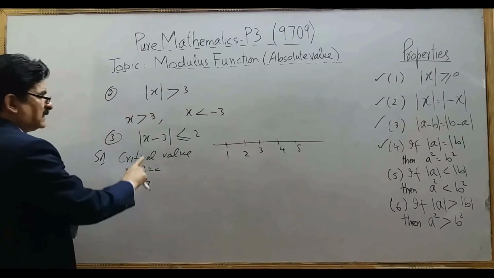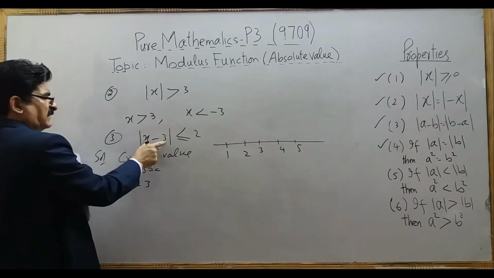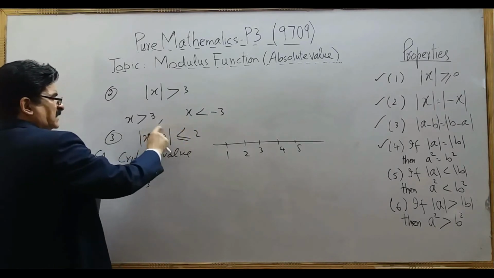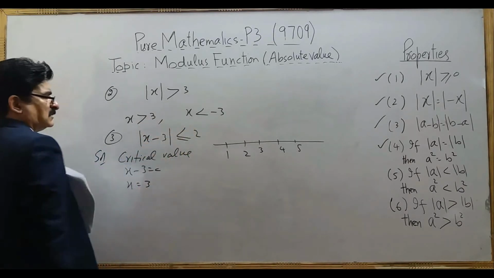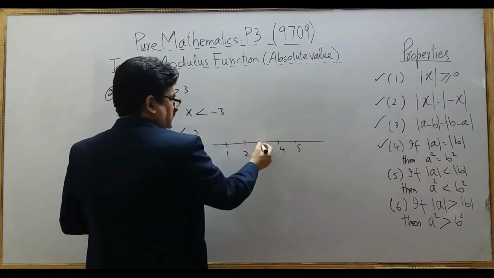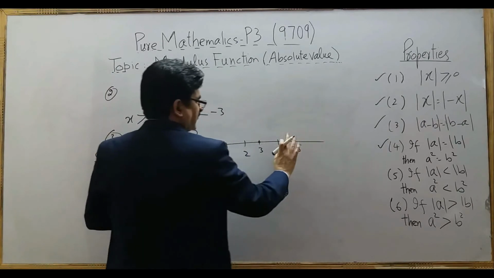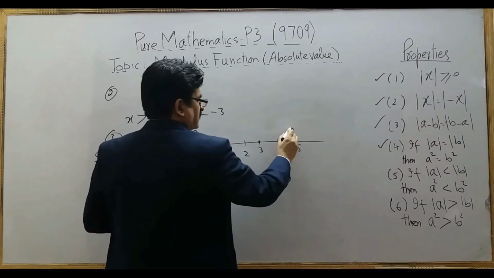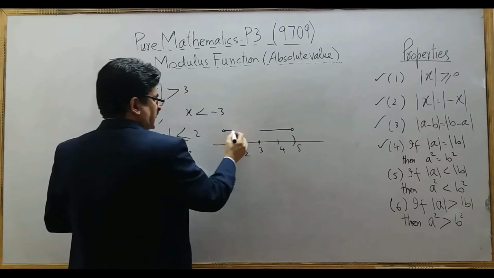Now see, what is this? |x minus 3|, basically this is the difference of two real numbers, but on the number line this is the distance between x and 3. So the distance of x from 3 should be less than 2. Distance of x from this point, this 3, should be less than 2, means you move 2 steps to the right and your x will lie anywhere over here. And similarly it may be on the left hand side.